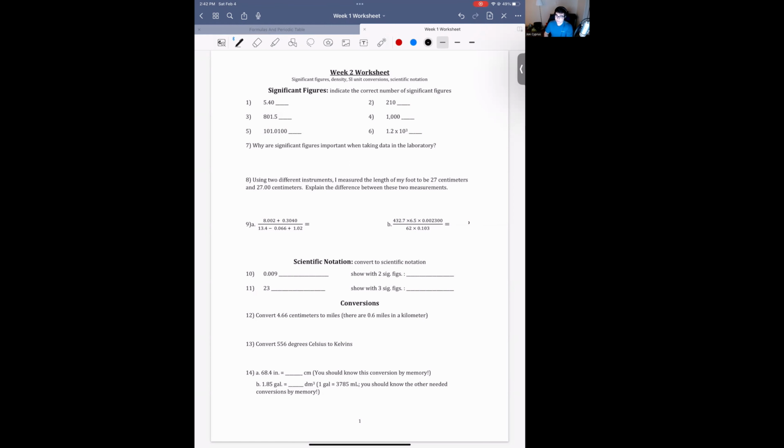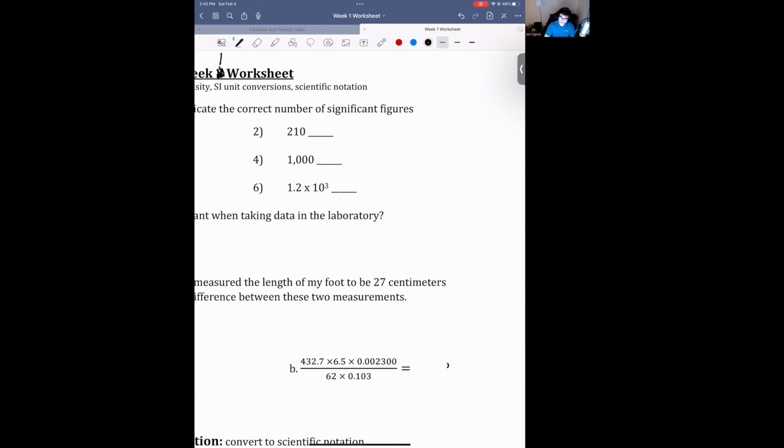All right, so let's start on this worksheet. So this should say week 1 worksheet, not week 2. Now, the first question is regarding significant figures. So, there's 3 rules to significant figures, right? So the 3 rules